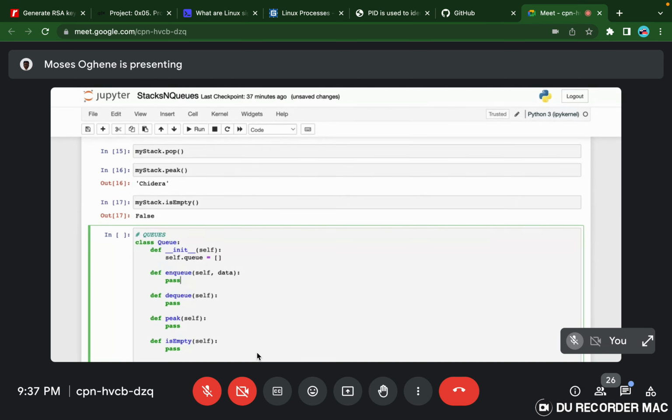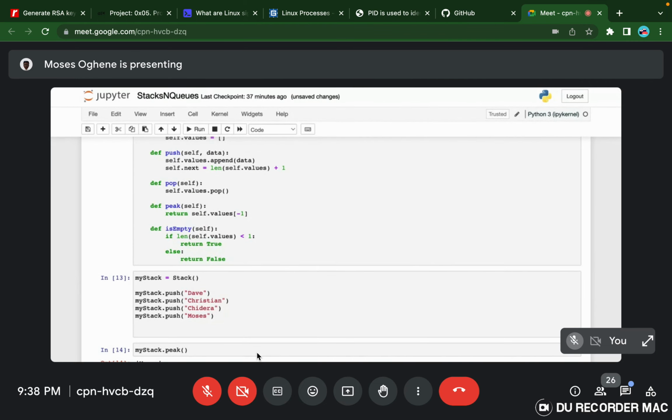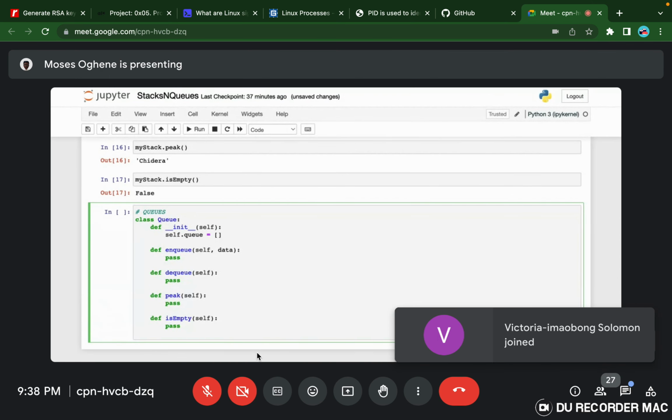Now, to add to the queue, you use enqueue. To remove from the queue, you dequeue. Sorry, to add is enqueue, to remove is dequeue. While for the stack, to add is push, while to remove is pop. Right. That said, now